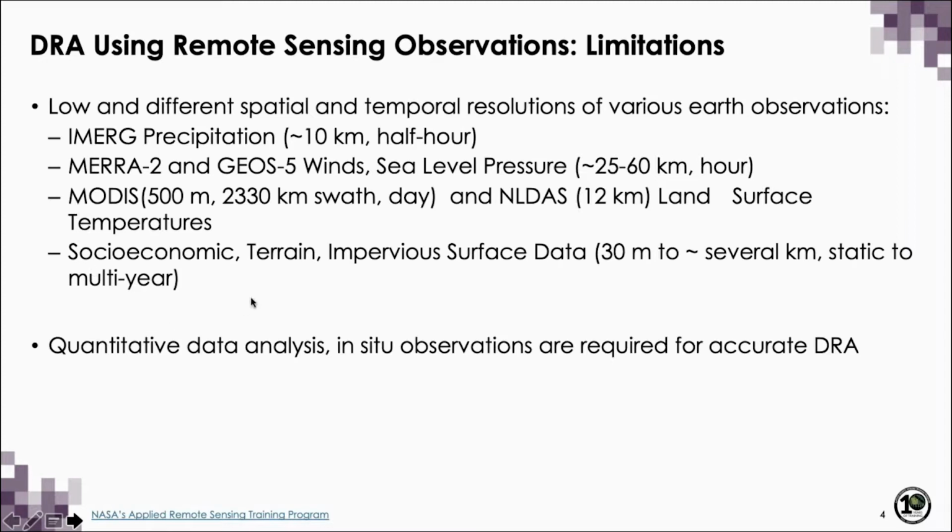Socioeconomic data that we saw, so population and some vulnerability data, also terrain data and impervious surface data, have varying resolution, from, say, 30 meters for terrain and impervious surface, to static data for terrain, and socioeconomic data. They have either multi-year samples, such as global population, which was every 5 years or so. So everything has different spatial and temporal resolutions. And so all this information is there, but